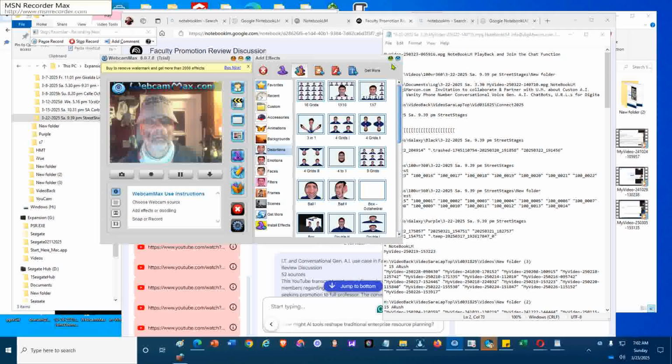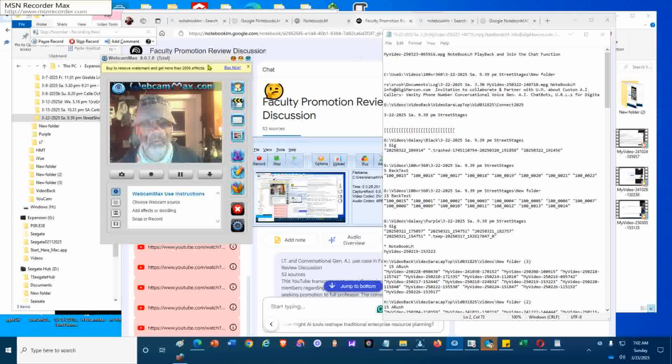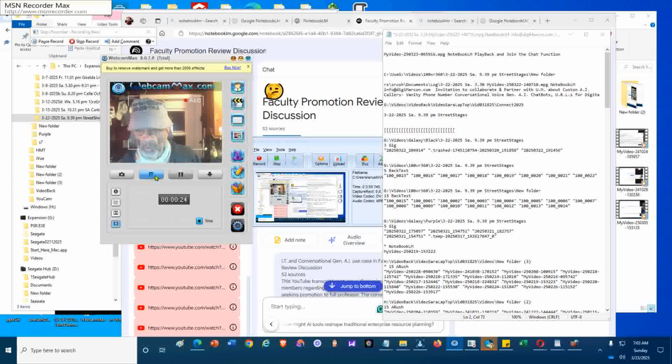Camera. Turn off the add effects dialog box. And start recording. In addition to that, I want to also add Loom, the cloud recorder. So far, we have a screen recorder running and a webcam recorder recording, as well as Problem Steps Recorder. Now I want to add to that